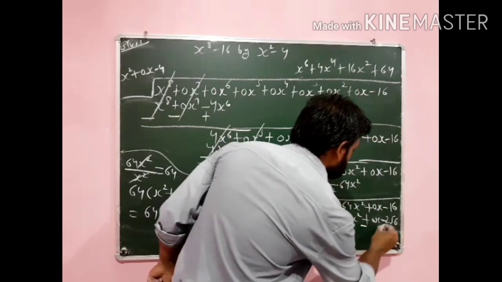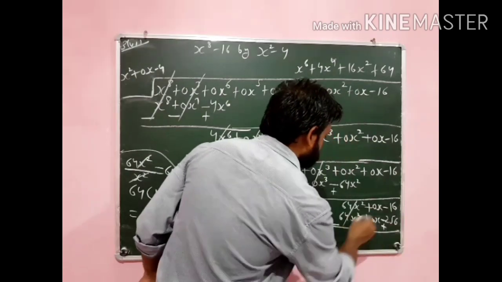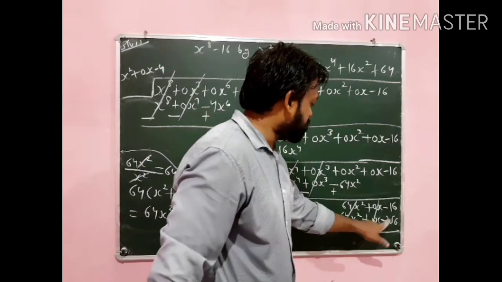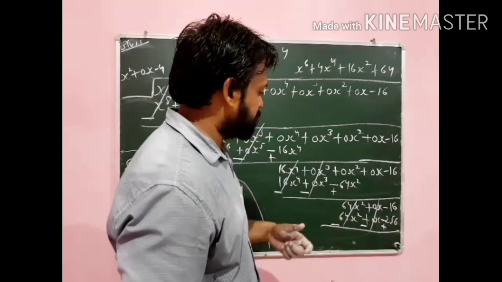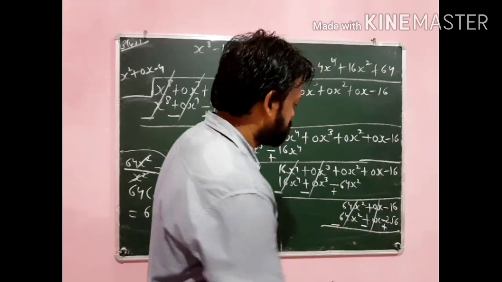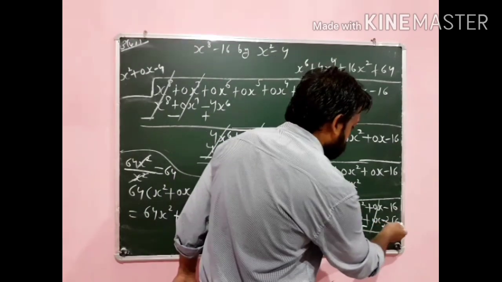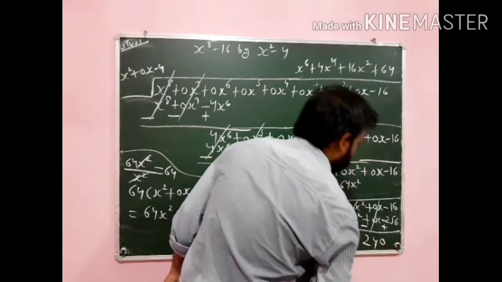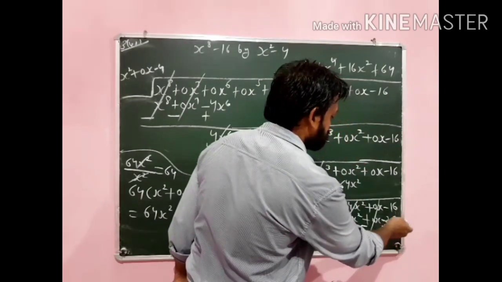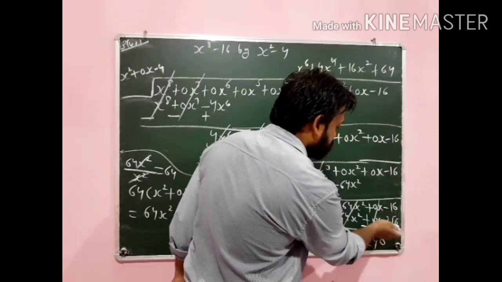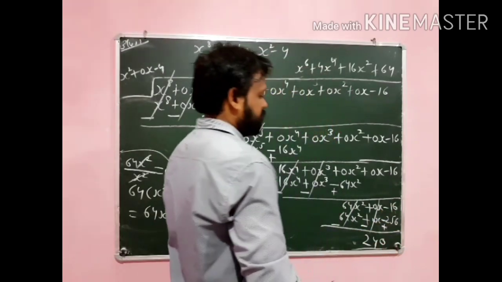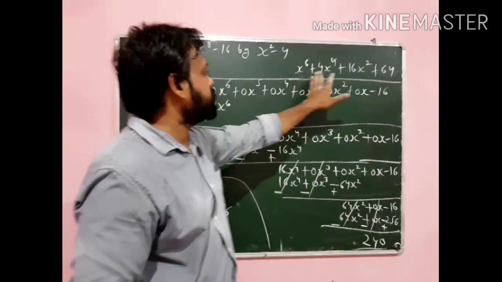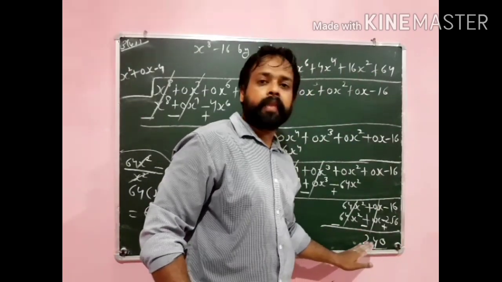Again change the signs like this. Cancel this. Now this 256 has a positive sign and this 16 has a negative sign, so you can subtract the terms. After subtracting 16 from 256 we get 240. So this is the remainder. I hope this is clear to you. This is the quotient portion you have to write down, and this is the remainder.